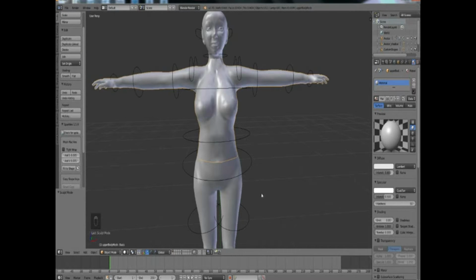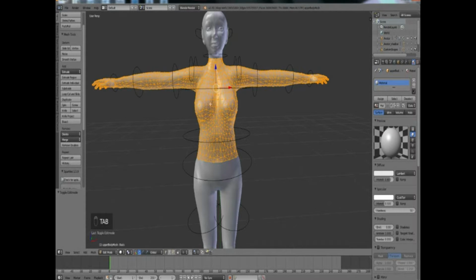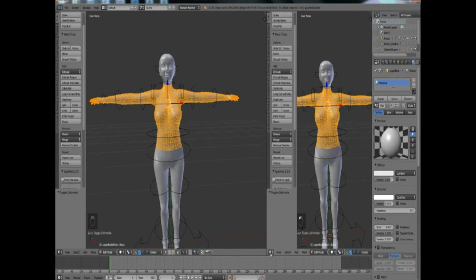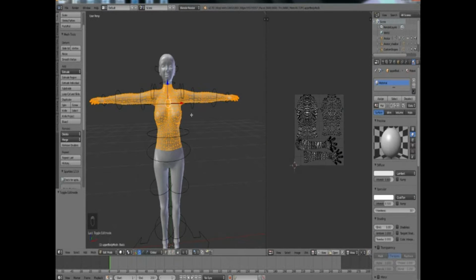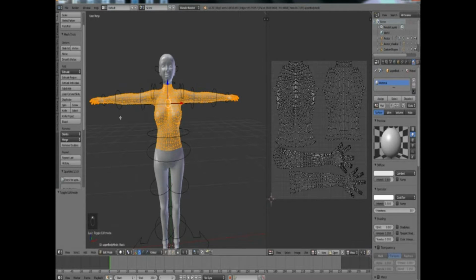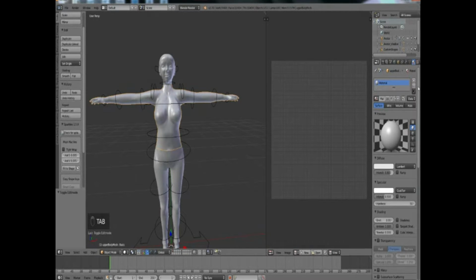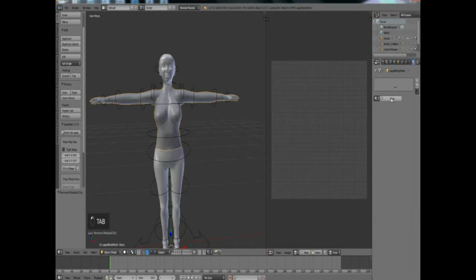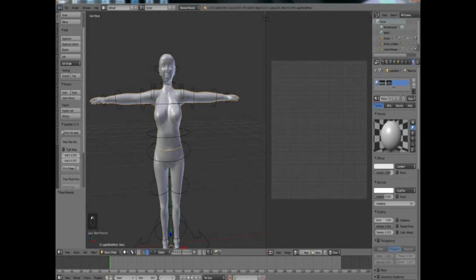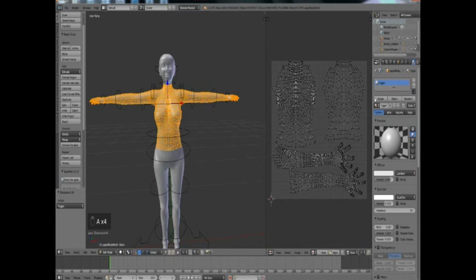So what you're going to do is select the upper body, press tab. Oh, we're going to need to create a new window. New window, and then make this the UV editor. And it's going to show the unwrapping of the avatar here. We're just going to tab, remove the slot, create a new slot, name this upper, press tab, press A, and